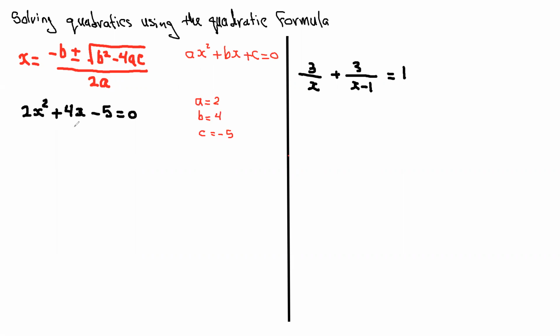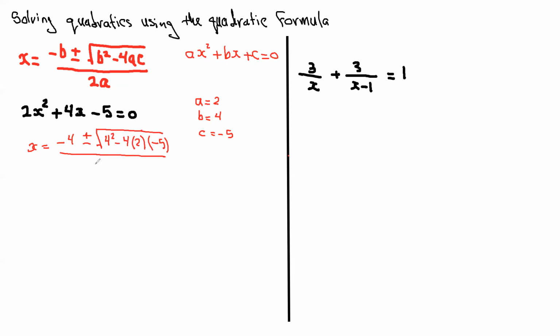So we come to this question. I'm just listing a, b, c for you, and we're just going to plug in. The quadratic formula is straightforward, plugging in and doing your arithmetic, right? So x equals negative 4 plus or minus the square root of b squared, which is 4 squared, minus 4 times a, which is 2, times c, which is negative 5,